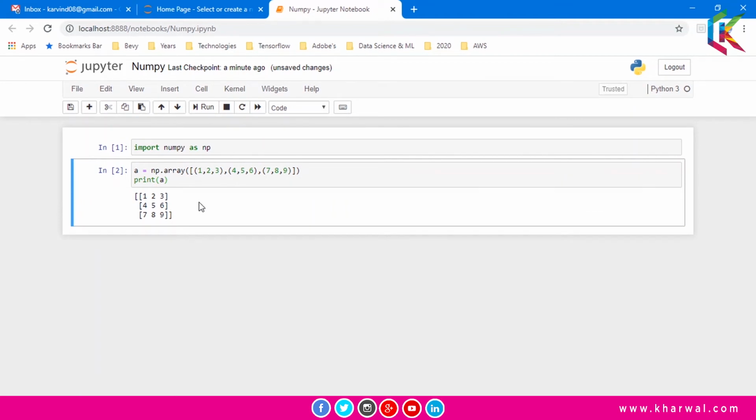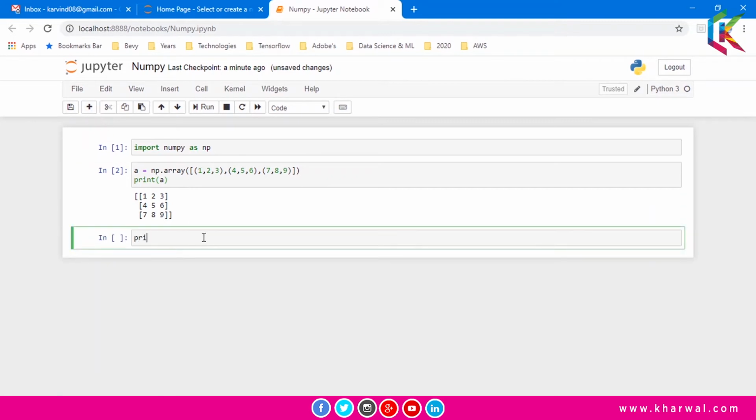And now guys, if you want to access rows from this two-dimensional array, as we know that indexing in an array starts from 0, so let's access the first row. I have passed the index of the first row and that is 0.